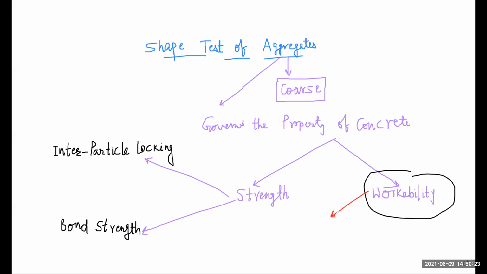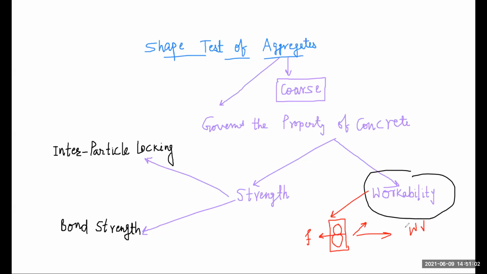Okay. I do not discuss these things. I discuss this ease of work. That means this workability will depend upon friction between the particles. If the friction between the particles is more, that means these two aggregate particles are there, and if the friction between both particles is more, then we do not place this concrete or this mixture anywhere, or we do not work with this concrete. So if the friction between two aggregates is more, then the workability is very less.